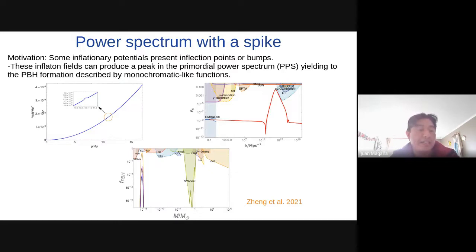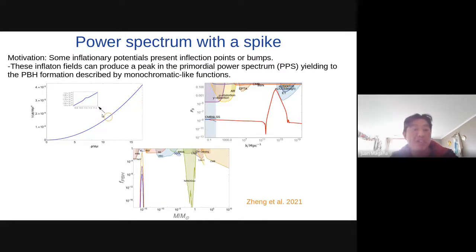This is the scalar field for the inflation potential, and this is an exponential-like scalar field, but at some scale the scalar field has a bump. You can see it here, and this bump has an amplitude, and this can be translated into a peak in the primordial power spectrum.